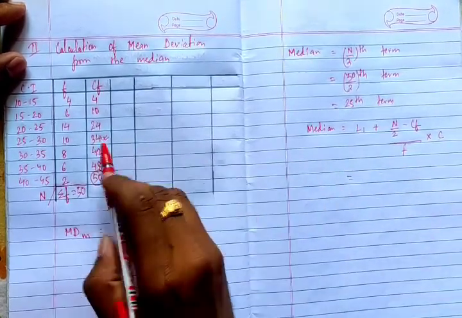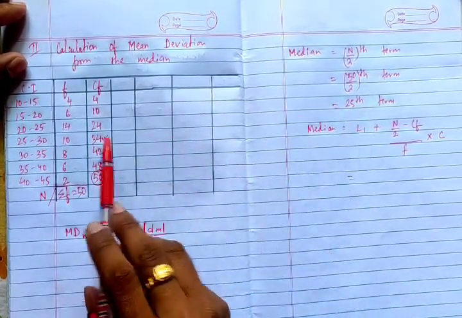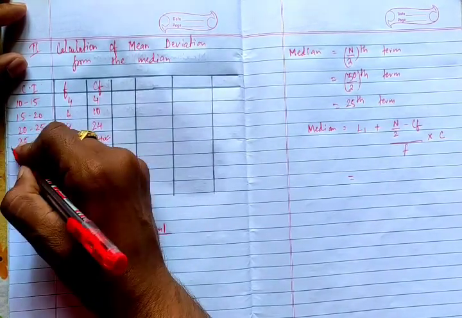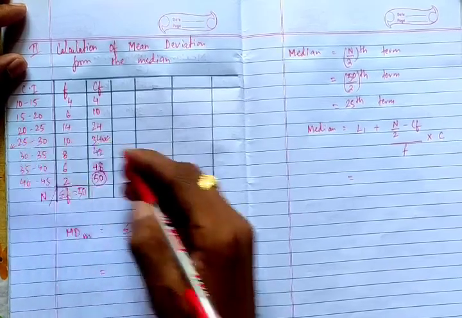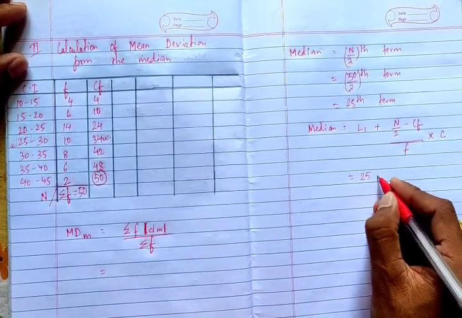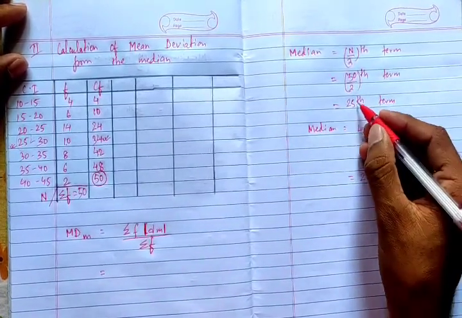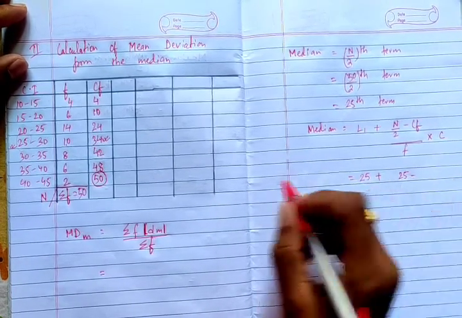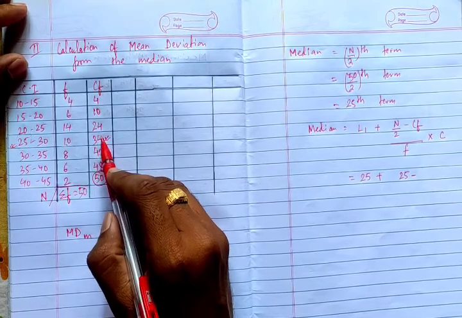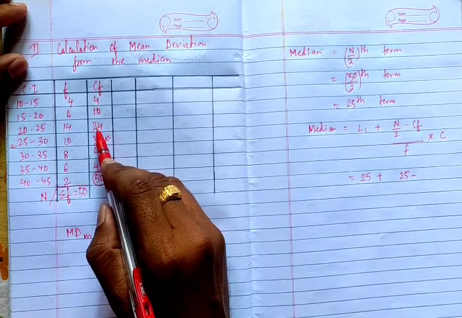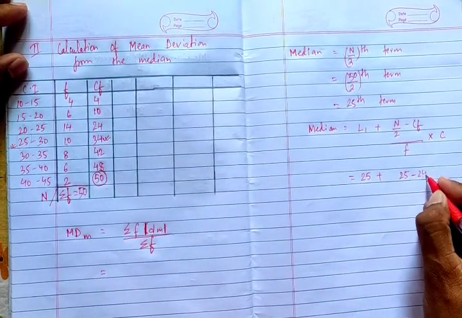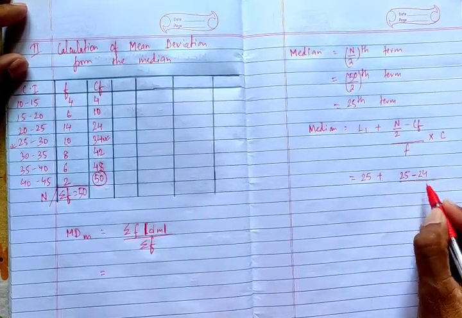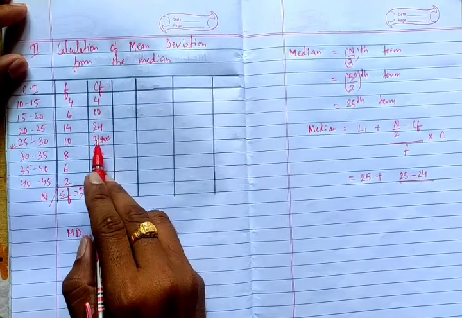Now where is the median lying? That is the 25th term, here in 34. So what is the class here? 25 to 30. So 25 is the lower limit here. So we'll put 25 here plus n by 2. How much did we get? 25. We just put the value of n by 2, 25, minus. So here in 34 the median was lying. So what is the CF above that? 24. So we'll take the CF which is above it. So 24. Now divided by F. So what is the frequency of this class?